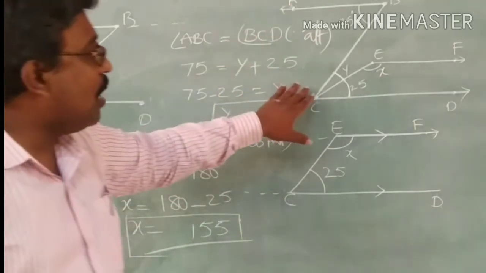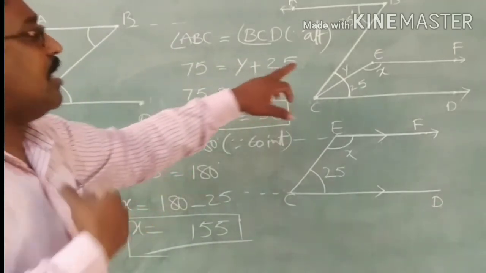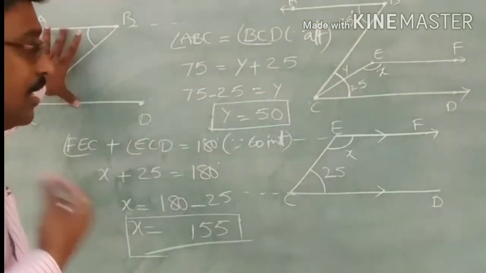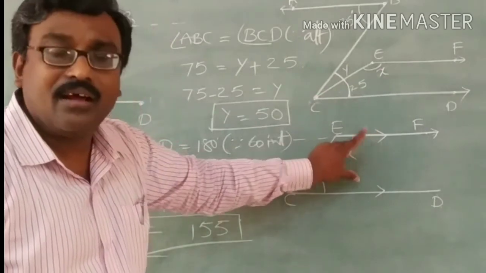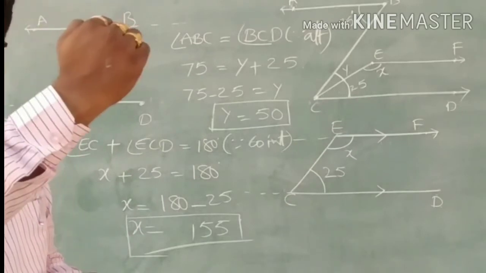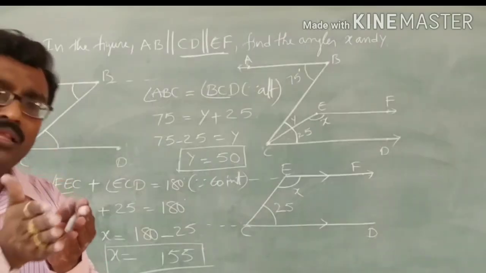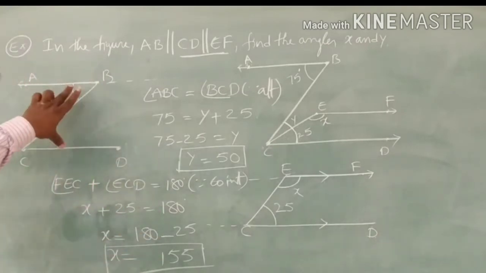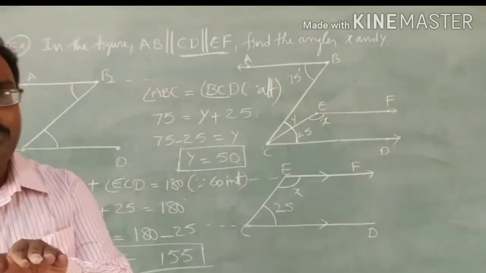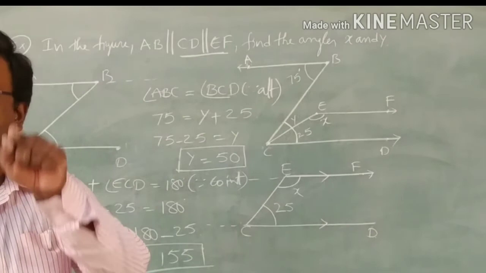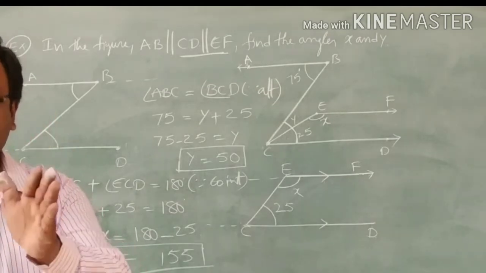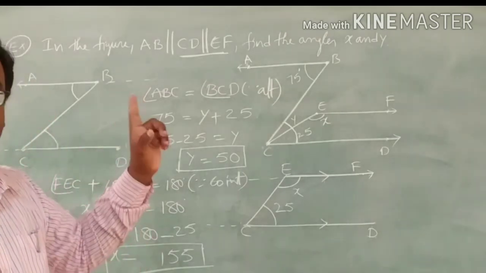The thing is how I get to the solution: whatever value I want, here 75, y and 25, I separately took from the diagram. Where x is there, I separated the diagram. That means, from the complete diagram, whatever part you want, you separate from the main diagram and apply all the skills, whether they are alternate angles, co-interior angles, corresponding angles or vertically opposite angles. One property will be there behind it. So you have to investigate, find out which property is there, and find the solution of the given question.